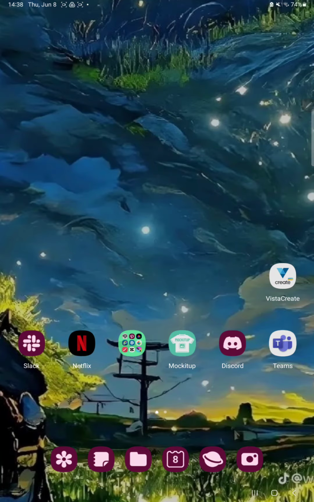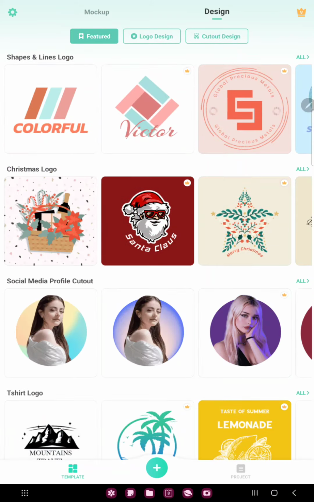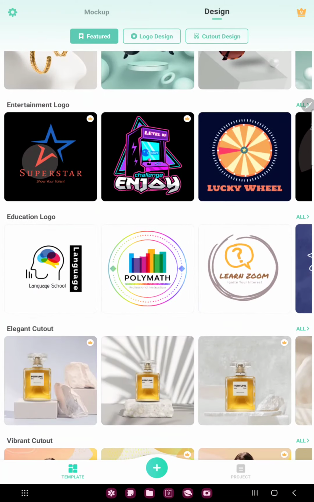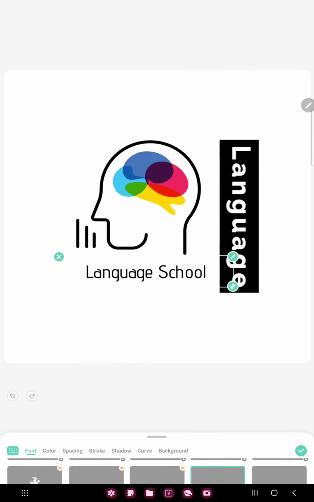First of all, open the application on your device. Tap to the logo section next to the t-shirt button at the upper side of the screen, and in the featured section scroll down and you can find the education logo, and just select one, and now you can edit this template. If you want to change the text, just click to the text box and tap to the edit